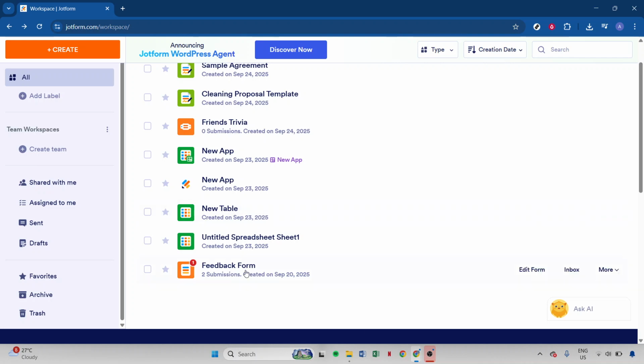Begin by logging into your Jotform account using your usual credentials. Once you're in, navigate to the My Forms section where all your forms are conveniently stored. Find the form you're interested in. This is the one where respondents may have uploaded audio files. Once you've identified it, click on Submissions. This action will open up the submission viewer specifically for that form, allowing you to see all the entries that